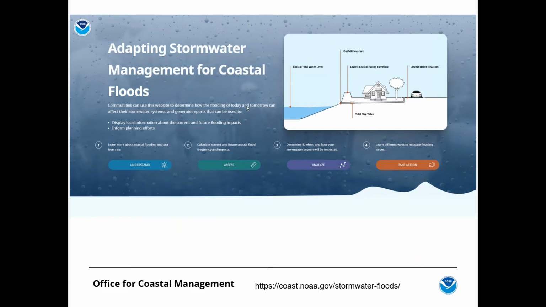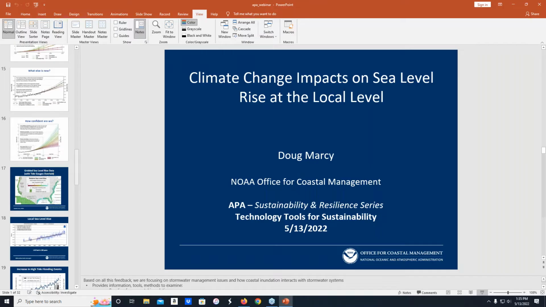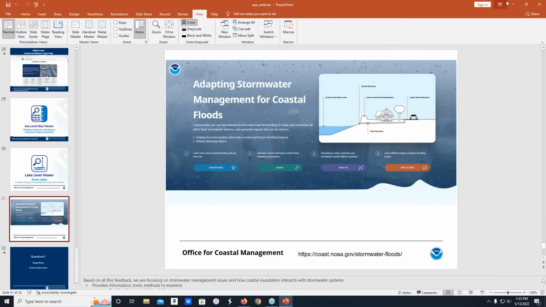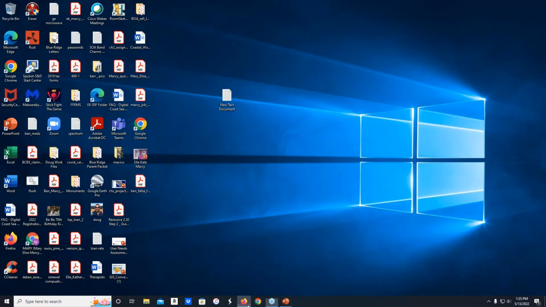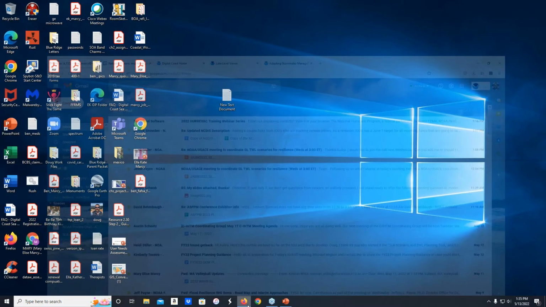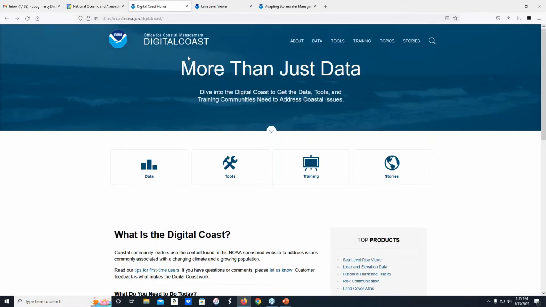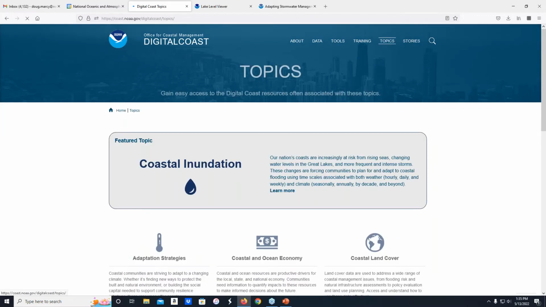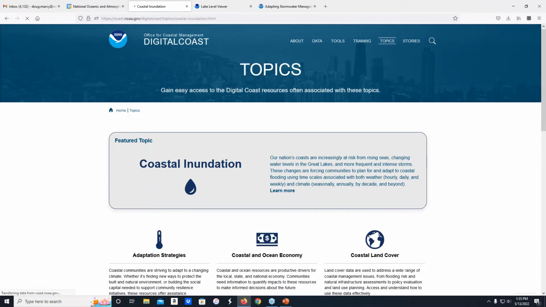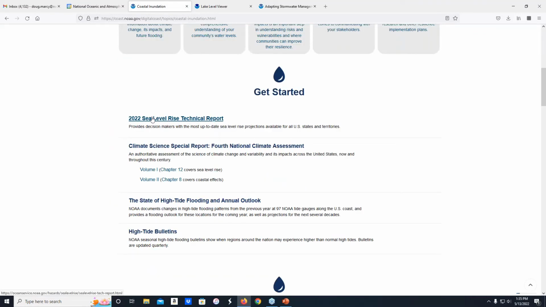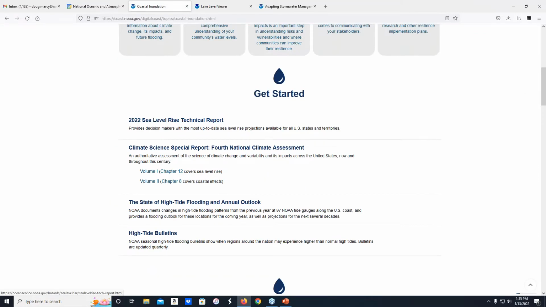I'm going to try to exit out of here and go to my web browser and show you this is our Digital Coast homepage. You can see topics up here. If you go to topics, this is the coastal inundation page. We have a lot of information, including the link to the sea level rise technical report I just talked about.